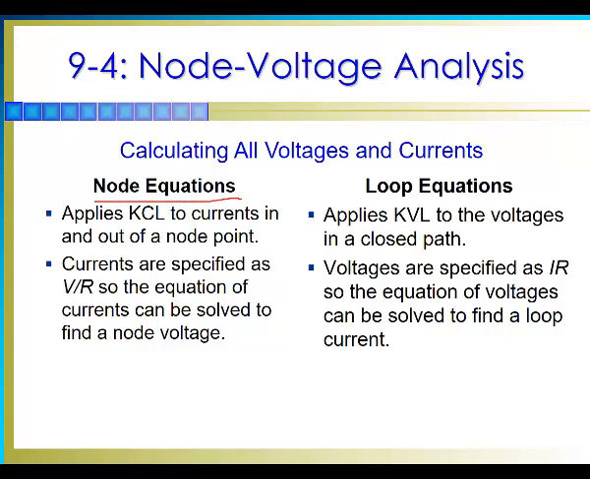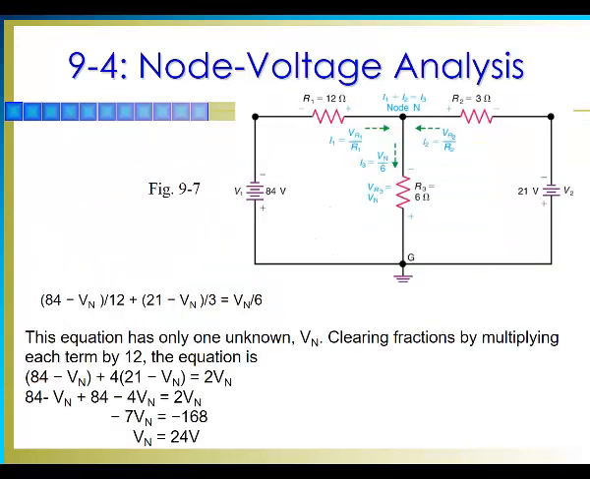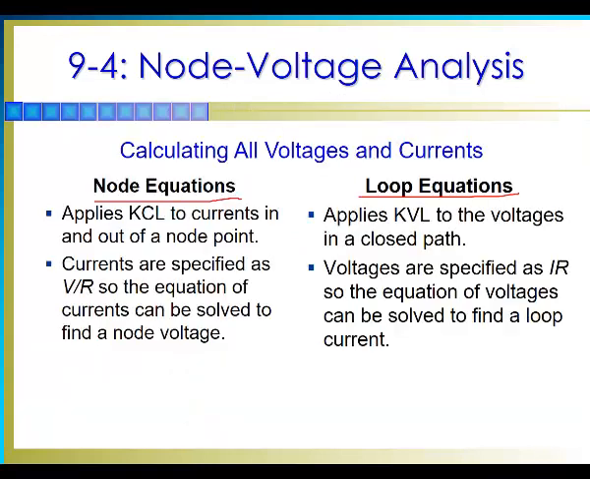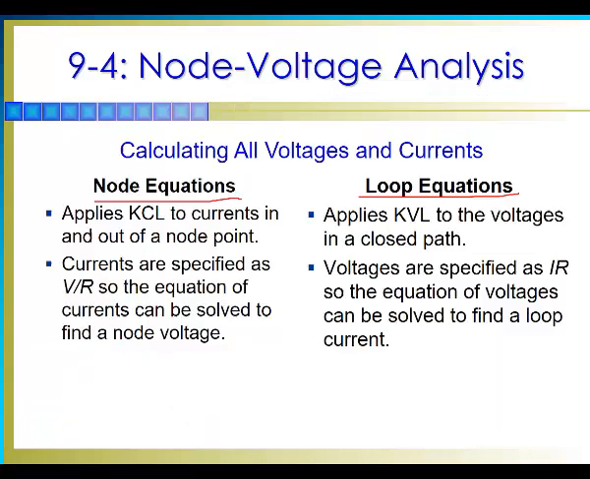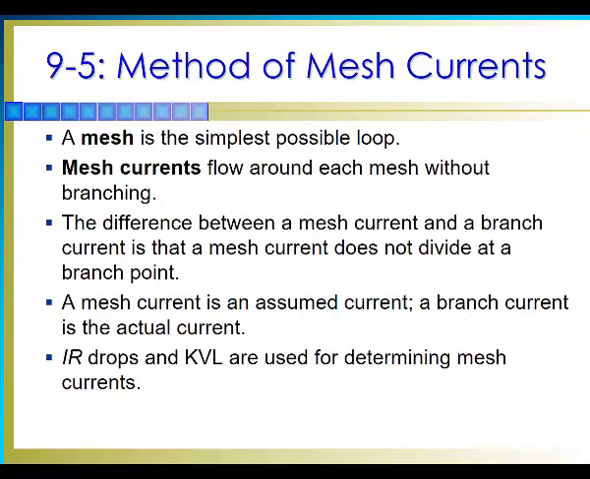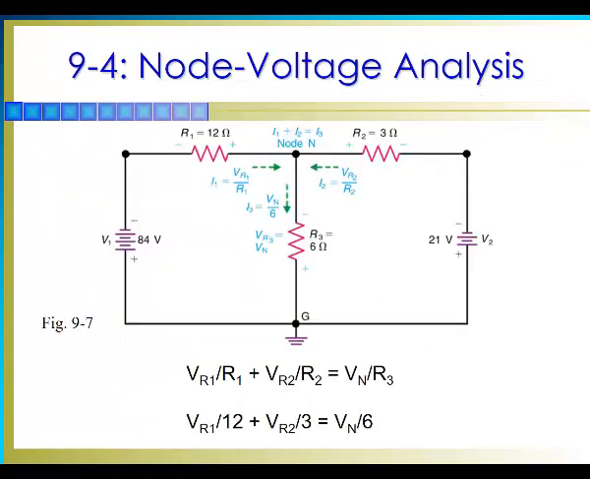Node equations and the loop equations. Okay, so remember, the node equations and the loop equations are the equations that we end up getting when we apply KCL or KVL respectively. So if we want to analyze the circuit from a node point of view, okay, we're going to use the currents going in and the currents going out, and then we write the currents in terms of voltage divided by the resistor. If we're going to do the other way, which is, let's see,